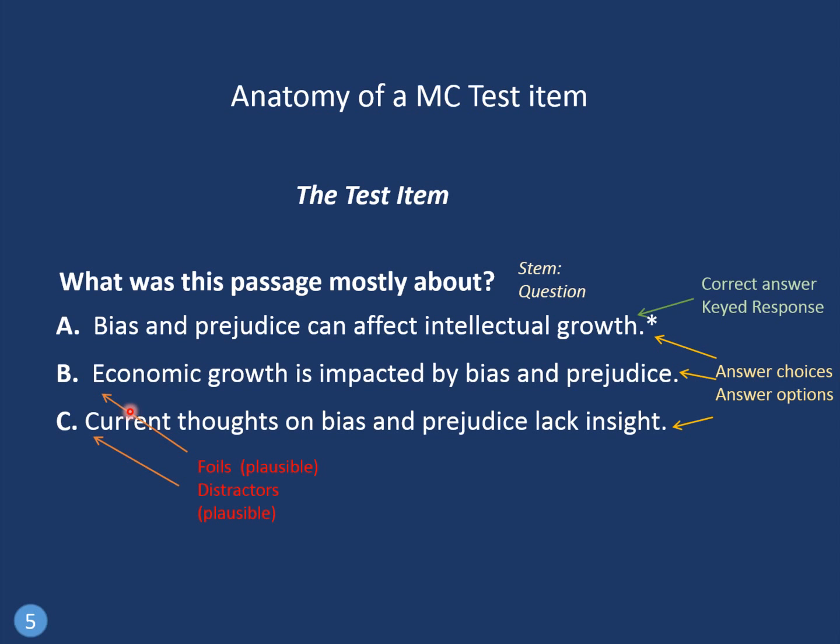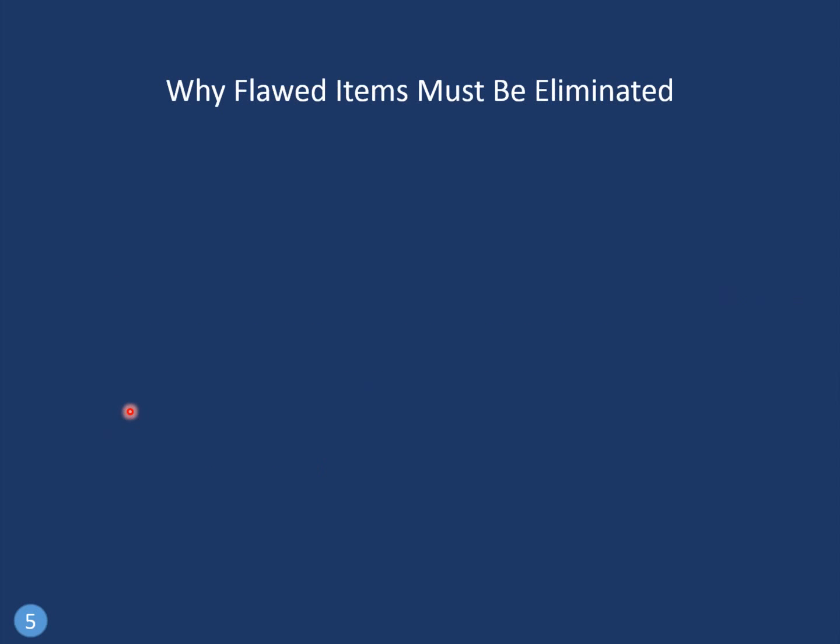One is the absolutely correct answer. And then you have 2 options that are called foils or distractors. Why have those? Well, if someone answers A, we want to be sure that they really knew that, so we give them an opportunity to show that that's true by giving them a couple of good distractors. Remember, in assessment, we're trying to find out what the student knows, not what the student doesn't know.